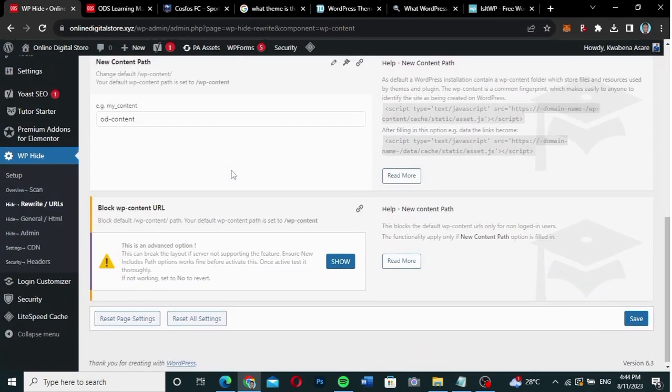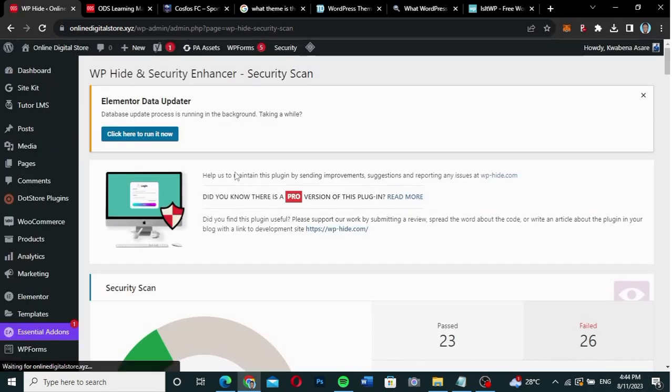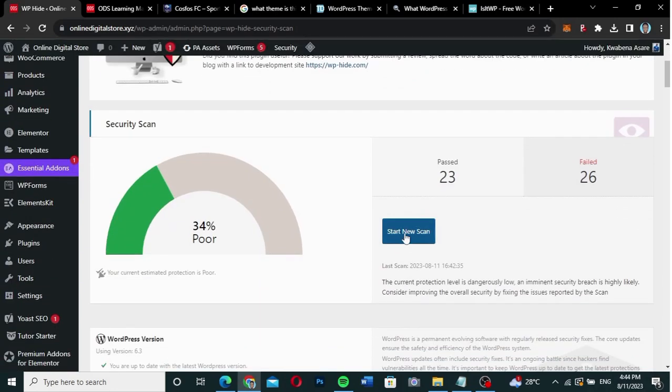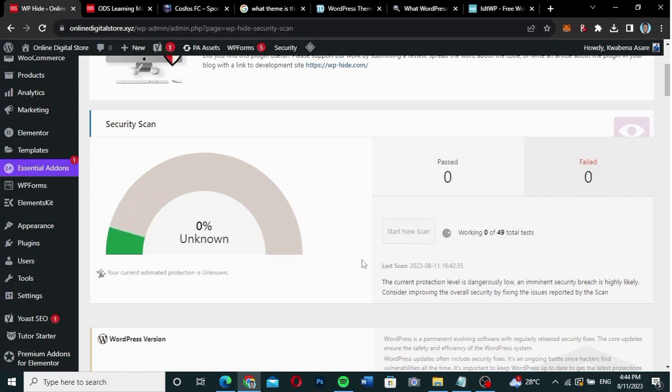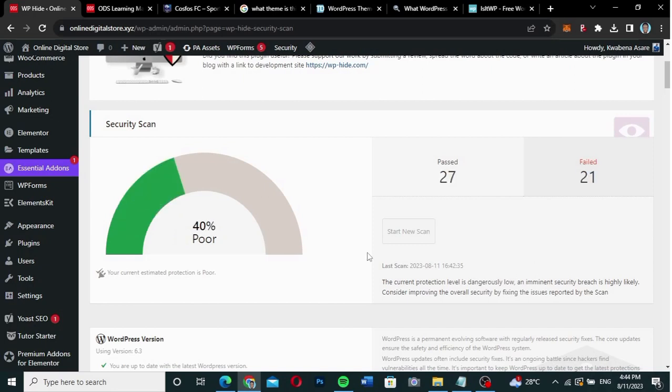Okay, so what I'm going to do is go back to the scan and rescan again and see if what we did still took place or not. So I'm going to scan again, start a new scan, and until it fixes it, I'm not going to stop. Okay, maybe I'll stop the video, but until I fix everything that I have to fix, I'm not going to stop. Yeah guys, so as you can see, I've passed 27, which is more than the previous one,